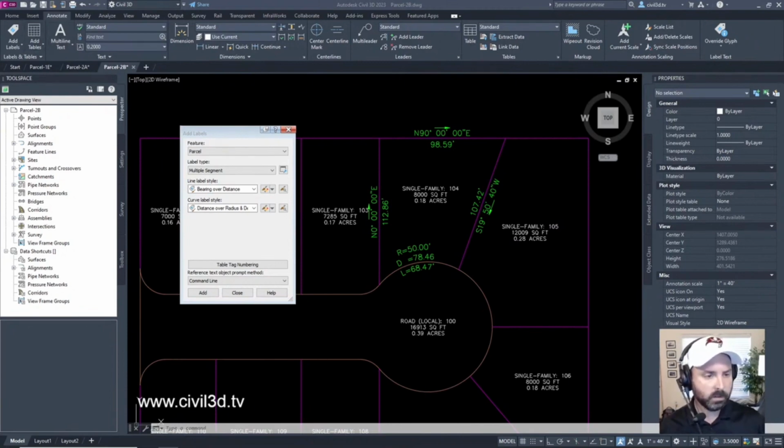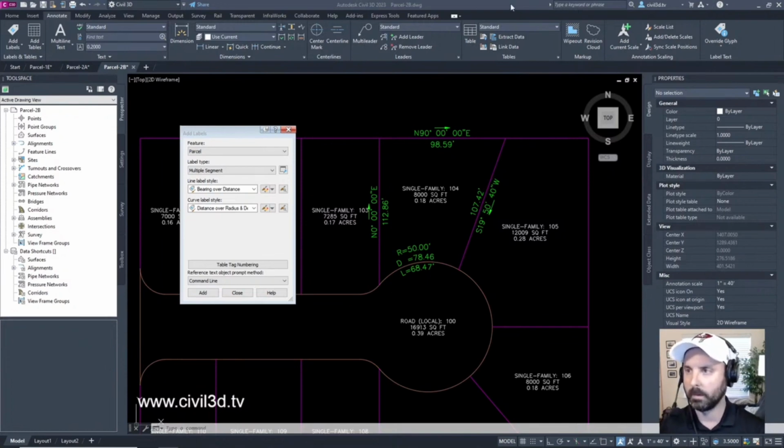Okay, the next tutorial is going to be editing parcel lot line geometry. Here's a little read. In this exercise, you'll use the feature line editing tools to modify parcel lot line geometry. You'll use two different methods to change the geometry of the two large parcels at the end of a cul-de-sac.